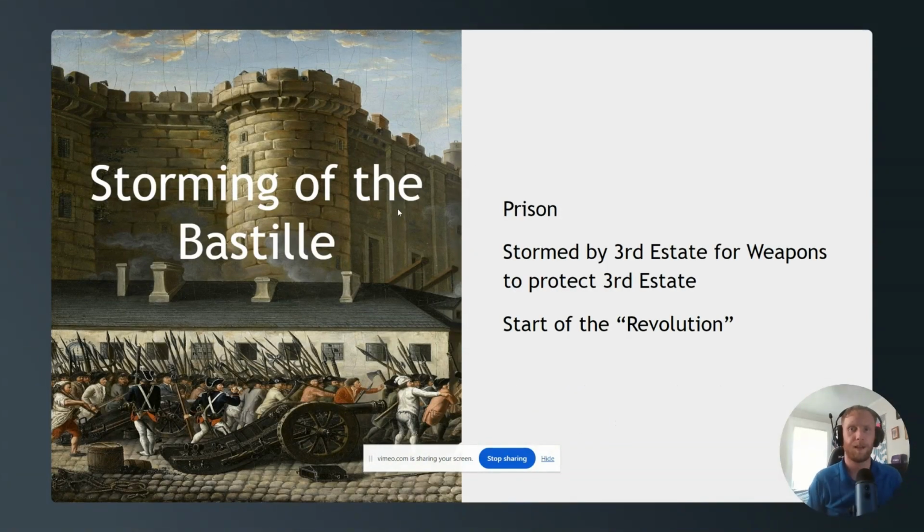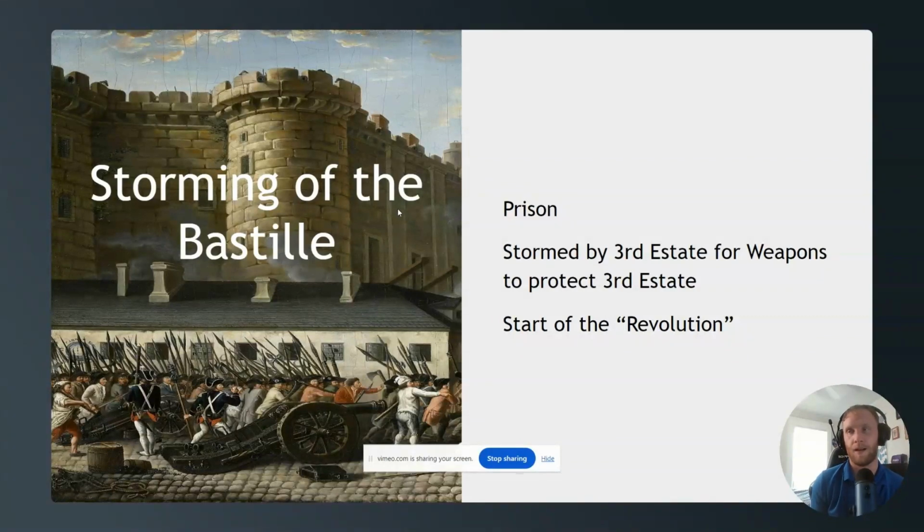The storming of the Bastille is one of the big kickoffs of the revolution. It's considered the start of the bloody portion of the revolution. The Bastille was a prison, and it was taken over by peasants. A lot of them were women who were hungry, and it was stormed not only to break out prisoners. They wanted to break out all these prisoners, but there were actually only 8 people being held in this prison at the time. But they wanted to get gunpowder so that they could continue to defend themselves or attack during the revolution. They were successful in both. The gunpowder was seized, and they freed their prisoners. And this is a symbol of the start of having a constitutional country in France.